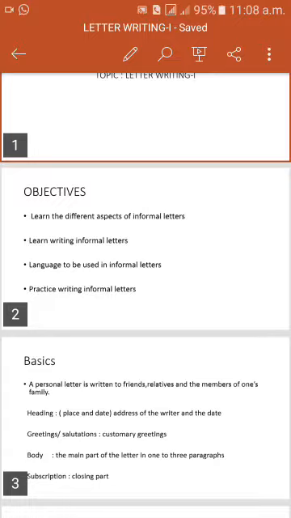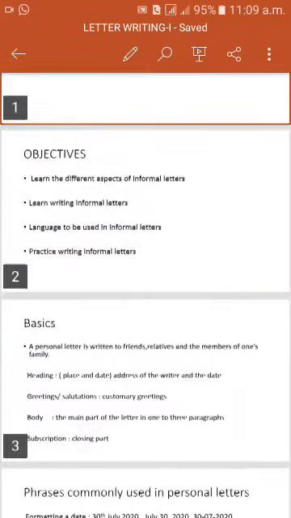We write personal letters in a communicative tone. Informal language is used, and personal letters can be lengthy, in different paragraphs,